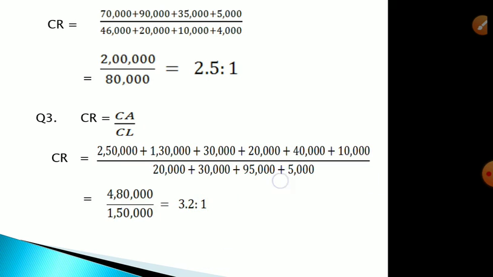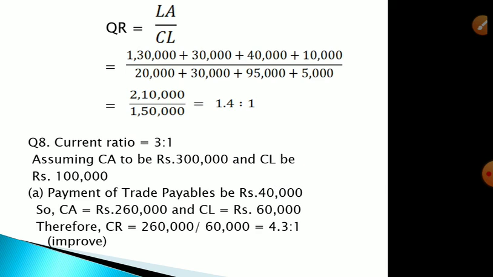Next, we have to find out the quick ratio from the same question. So the formula for quick ratio is liquid assets divided by current liability. So liquid assets equal current assets minus inventories minus prepaid expenses. So one way is from 4,80,000, that was our current assets from the previous part, we can deduct 2,50,000 and 20,000,